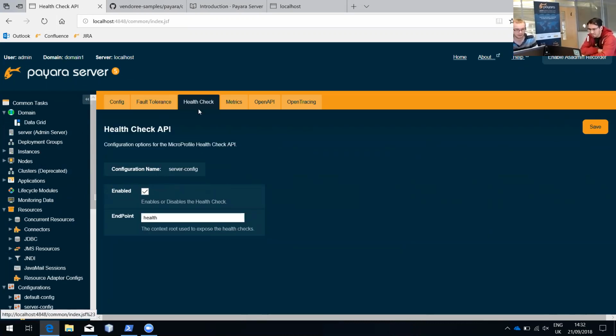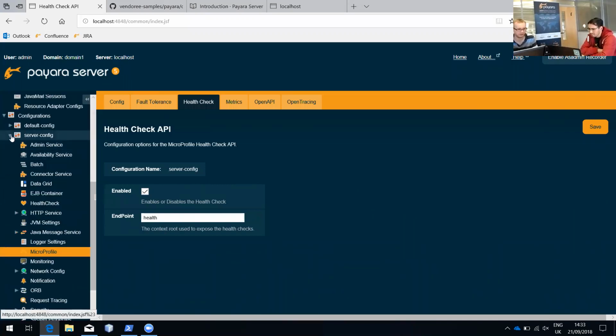Already talked about fault tolerance. Health check. You can now change where things are. Before it was always bound to the HTTP port and /health, which is in alignment with the MicroProfile health spec. But for those of you who so wish to move it, you can actually enable or disable it and change the URL,